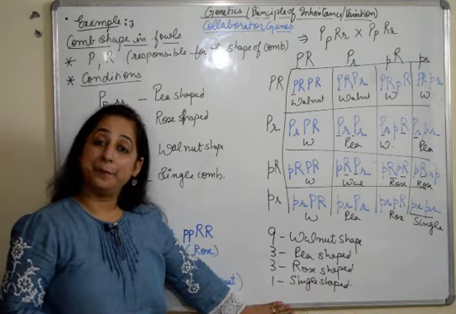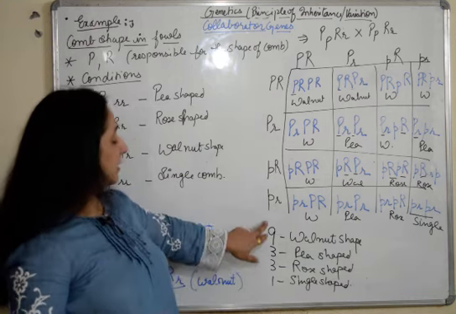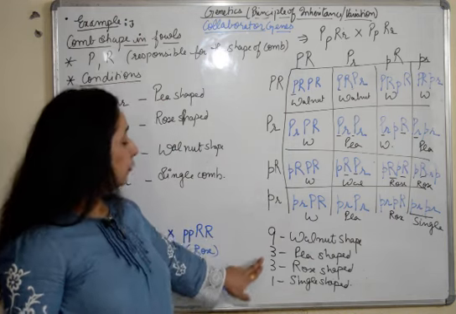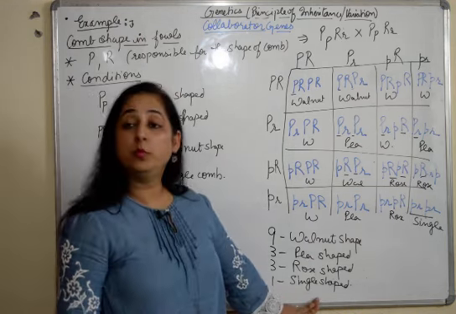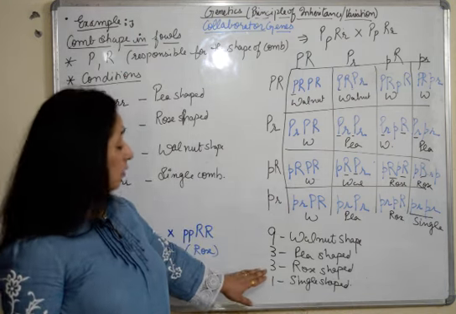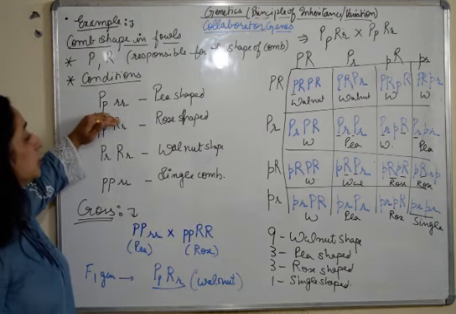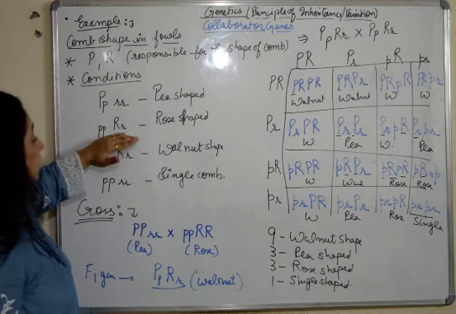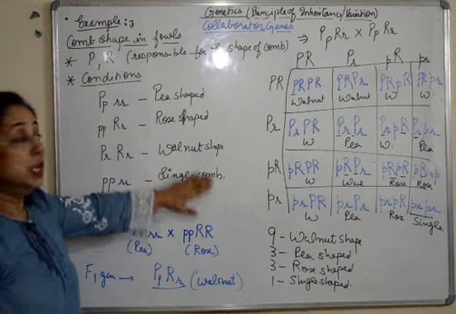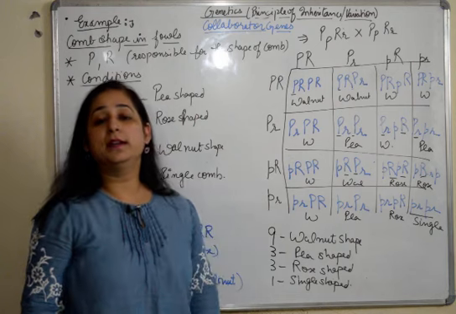Now the ratio remains the same. In a dihybrid cross, in a Mendelian cross, we have the same ratio, 9:3:3:1. But the result is different. In all the 4 scenarios, we have a different type of comb shape. Like for example, if one is dominant, it will give a different result. The other one will give a different result. Both of them will give a different result, and recessives will give a different one. So in all the 4 scenarios, there is a different result, which explains collaborator genes.